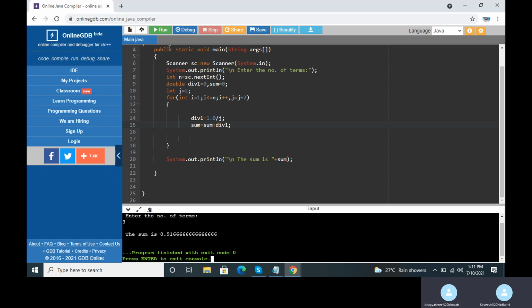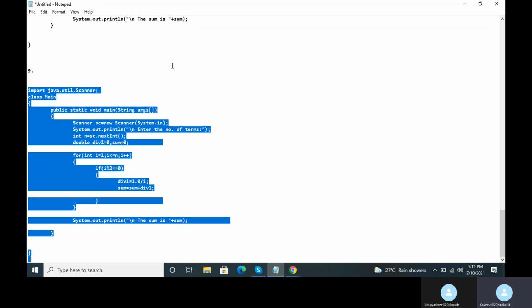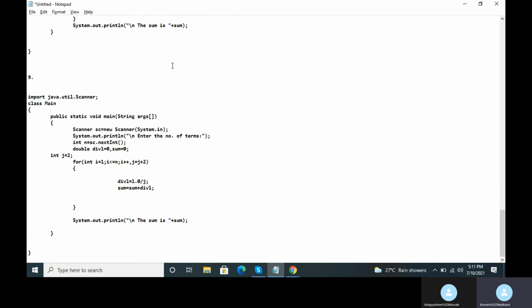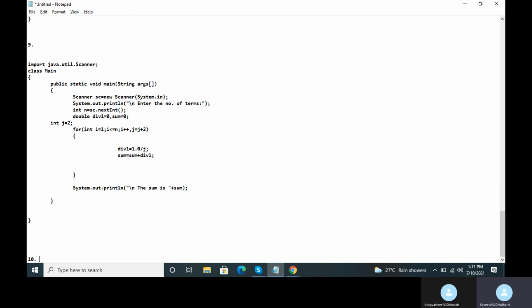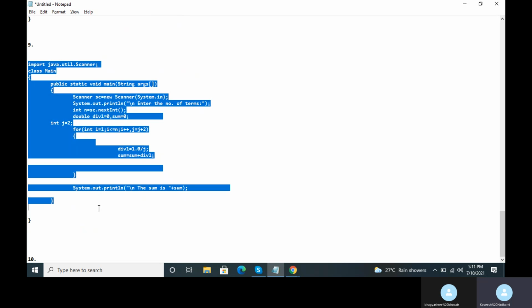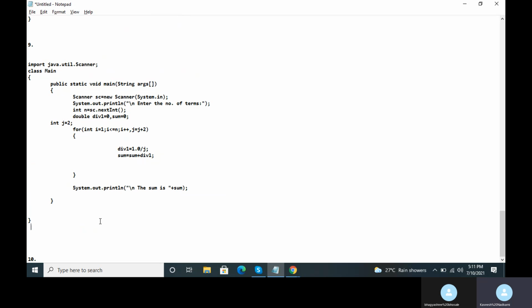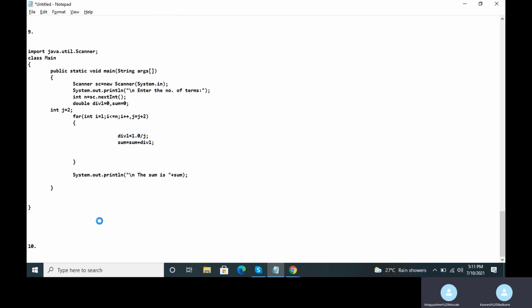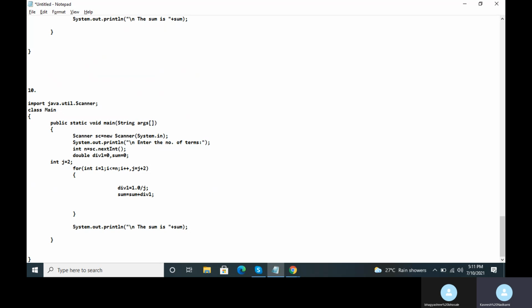Clear na? Yeah. Okay. So I'll do one thing. I'll again copy it and paste it here. Okay. Now the last one, 10th one is nearly similar. Okay. फक्त here what we are doing, that we should start the value of j again from 2 now. But now we are alternately printing odd and even, बरोबर ना? No, not printing, sorry. Alternately dividing one by odd value and even value, बरोबर here.